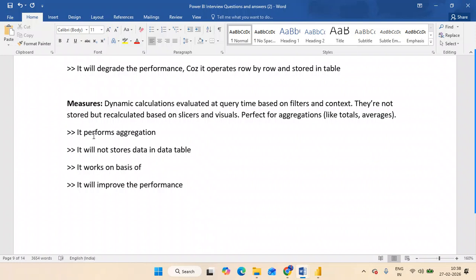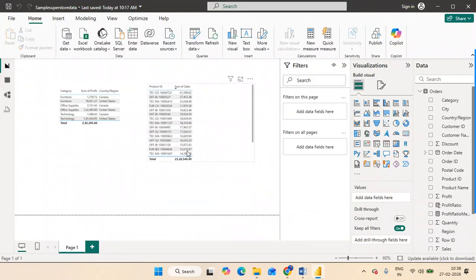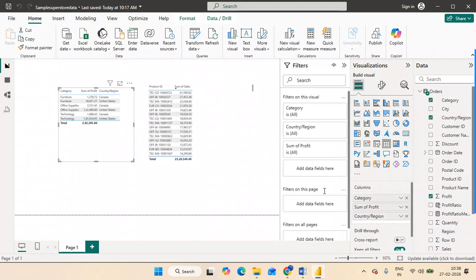It works on the basis of filter context. What does filter context mean? Whatever slicer or visual level filter you apply, the calculation is going to be applied based on that value. For example, let's say you have this visualization by category.